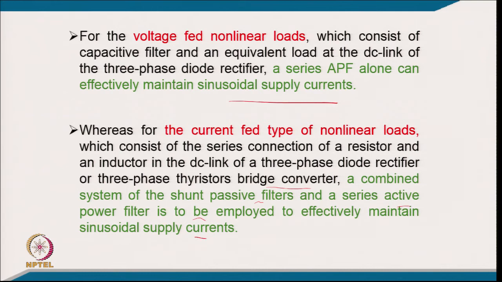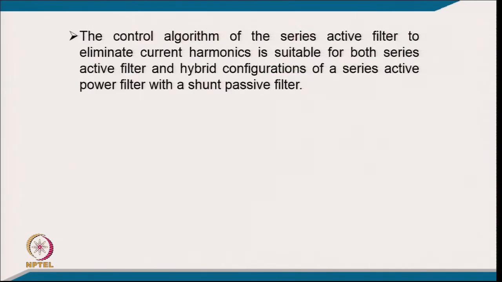So, that load is not really affected by that, but a series filter will be forcing the entire harmonics current into the shunt passive filter. So, series filters are typically used for a small rating in those applications also. The control algorithm of the series active filter is to eliminate current harmonics and is suitable for both series active power filter